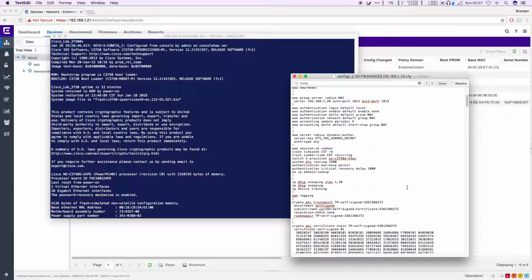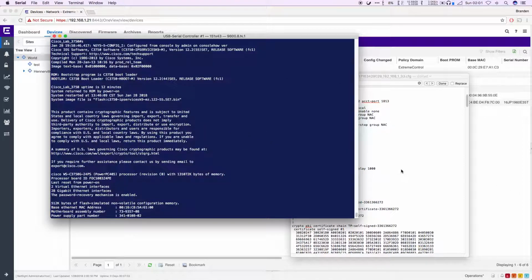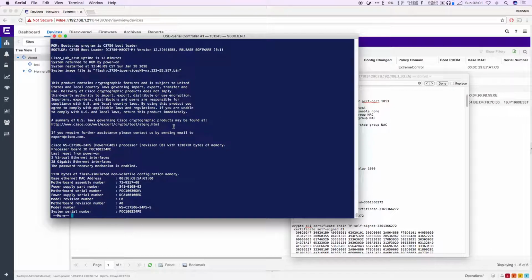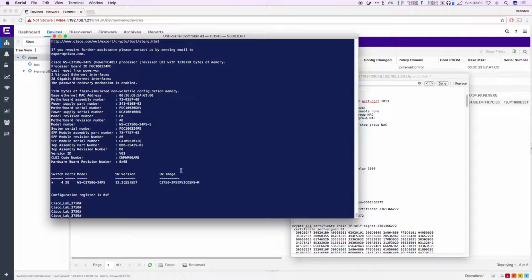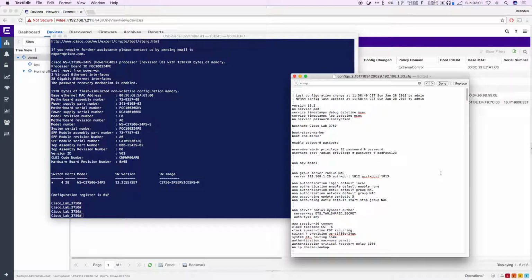I'm going to put my config in the notes of the YouTube video. To save time, I just went ahead and copied and pasted it, and it went fine. But I figured we'd save some time in the video here by not doing that now. I'm going to take a look here. So we've got the switch configured with this config. If we look at it,